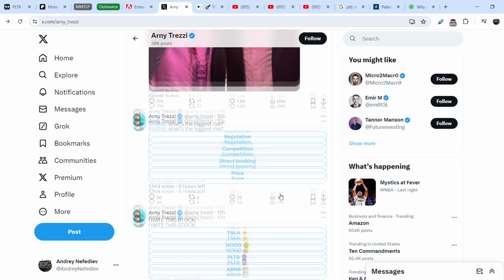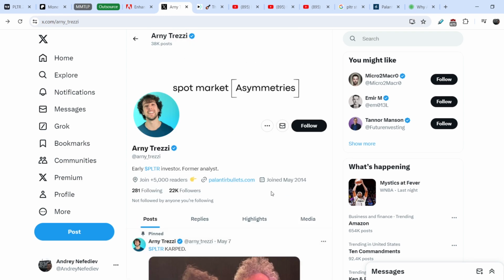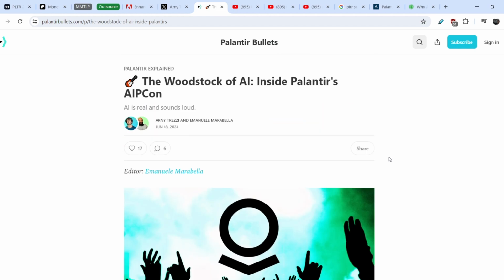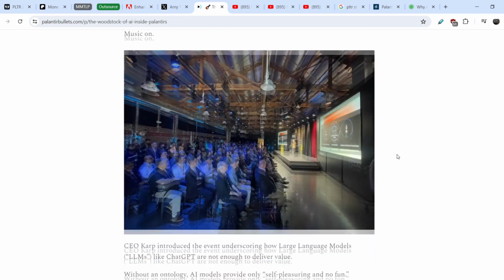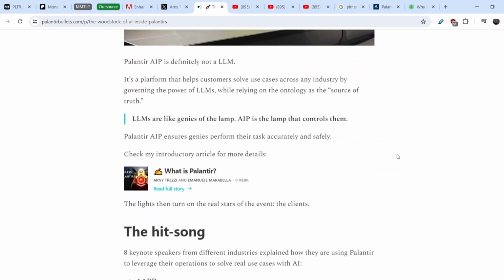I have to say that he covers a lot of recent updates on Palantir, and I highly encourage you to follow his Twitter account, Arnie_Tracy. He wrote this article on June 18th, and it's titled "The Woodstock of AI: Inside Palantir's AIPC Conference." And I have to say that this article is extremely interesting and useful because in general it admits